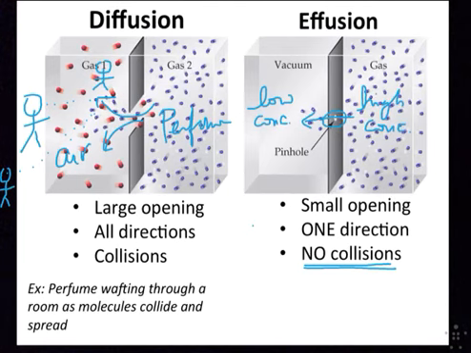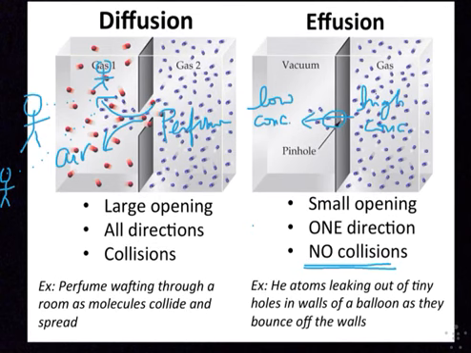So it's not collision limited, it's limited by the size and shape of that hole and how often molecules can get to that hole. So an example of effusion would be helium atoms leaking out of a tiny hole in the wall of a balloon. And in fact, balloons are actually at the microscopic level quite porous. They hold the gas molecules in because the holes are so tiny,